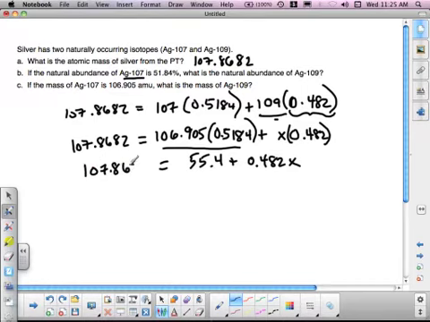All right, so I'm going to subtract the 55.4 from both sides. Okay, and I get 52.5 equals 0.482x. So x is equal to